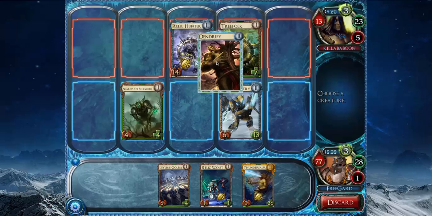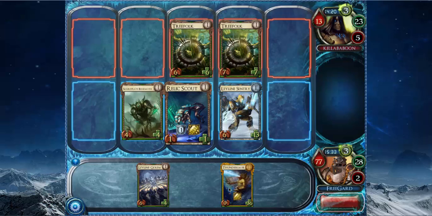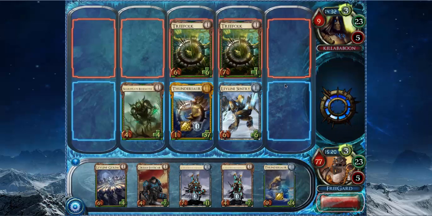I think the play is just dendrify his Relic Hunter, trade with a Tree Folk, and then make a Thundersoar to block his Tree Folk. Even though I can't play any Aeronauts in the center lane, I think that's still fine because the Thundersoar is gigantic. Or will be gigantic. Bunch of level 2 creatures. My opponent's level 3 cards are... I think he has a level 3 Dendrify, level 3 Spore Lord, and a level 3...